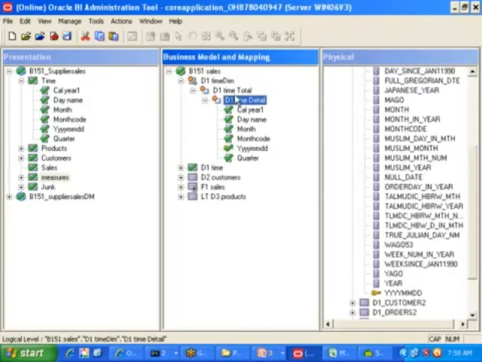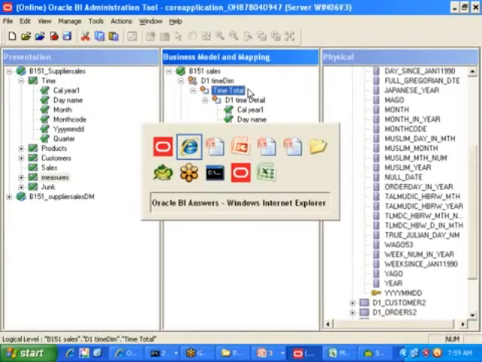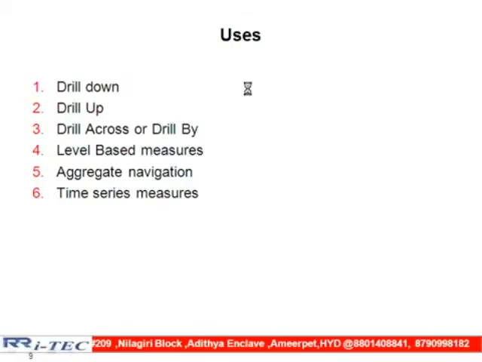One is called the detail level, the other is called the total level. Always your total level will be taken as the grand total. That is the reason I am saying time total. If someone asks what is your total time revenue, what do we need to do? 1998 sales plus 1999 sales, you need to sum up. That is the total time. For products also, we maintain one level, product total. For customers also, customer total. First level must be the grand total level. Always follow that.